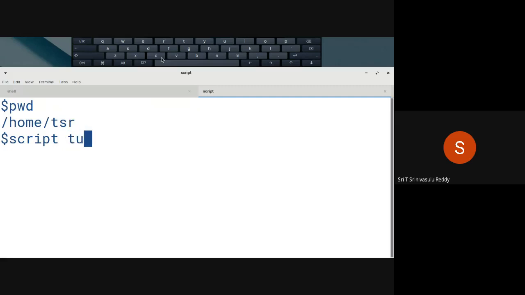The file name can be first tutorial 01, like tutorial, and then a hyphen. We will use a hyphen, and then today's date. Today's date is like 20th April.